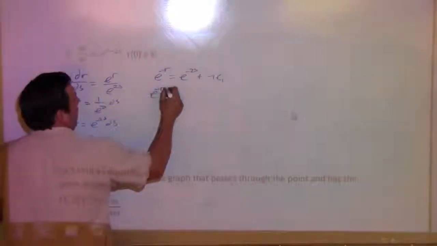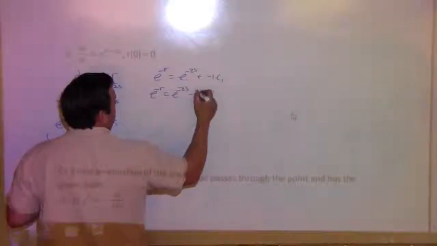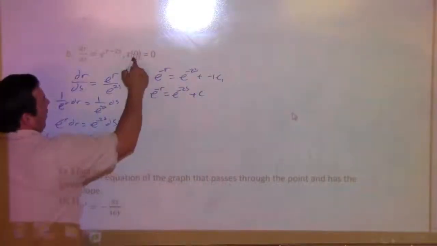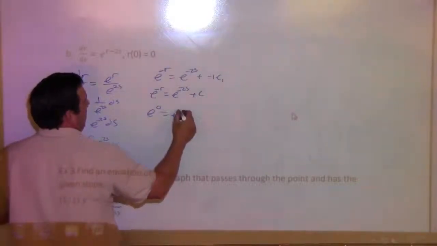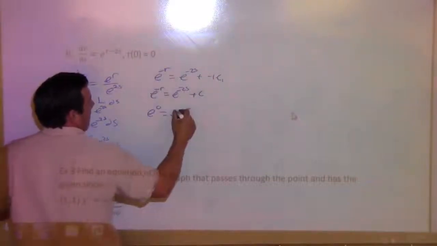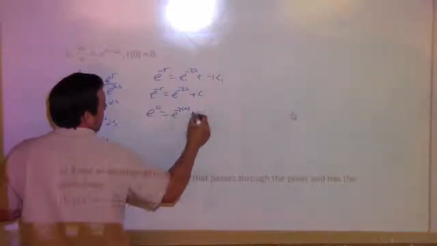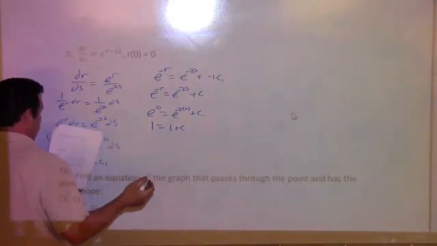So e to the negative r equals e to the negative 2s plus some other c. R of 0 is 0, so e to the 0 equals e to the negative 2 times 0 plus c. So 1 equals 1 plus c, which means that c must be,